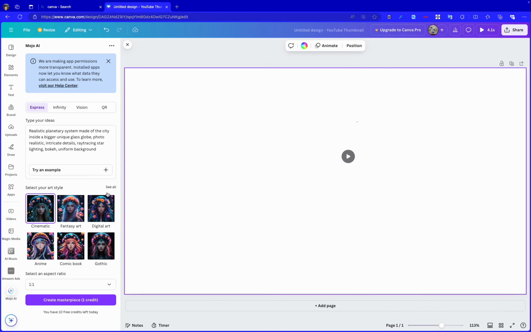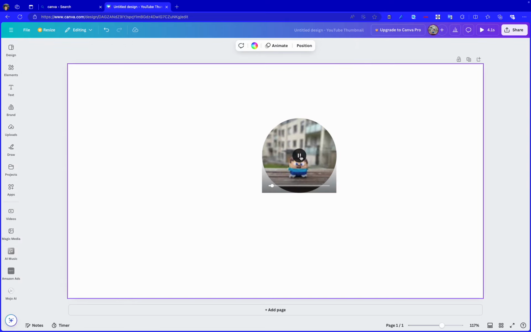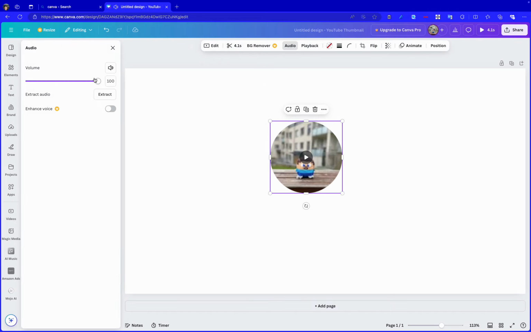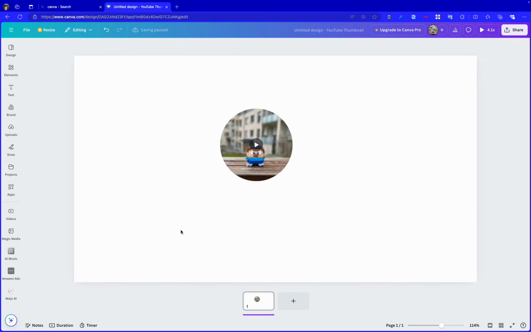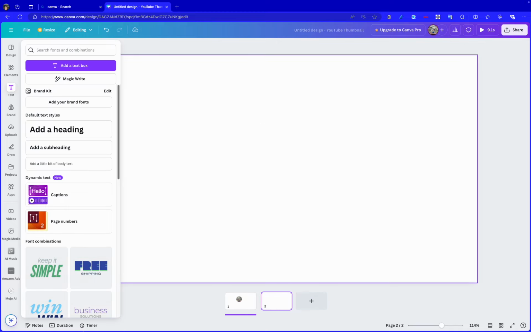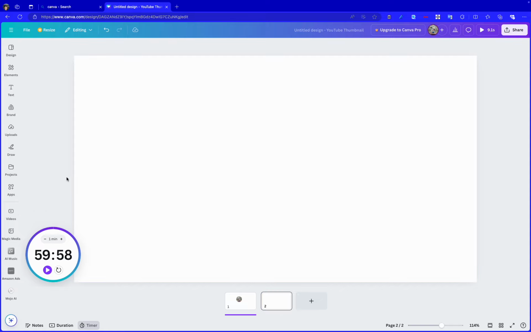Video. I don't know what it makes you, a photo. Just me. Then audio volume. Look at all of these. You can even add a layer. You can set a timer if you want, like, to create a YouTube video of 1 minute or 1 hour. It's kinda good. Okay, 1 hour. Why did it just sound like that?